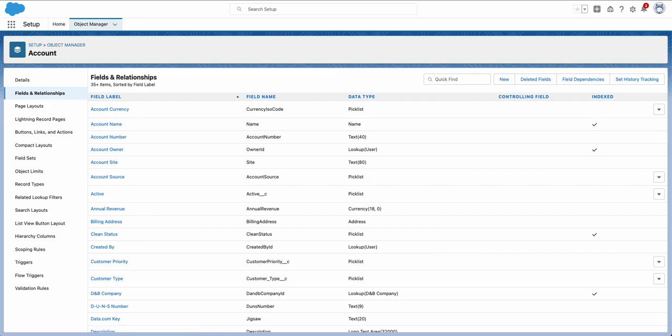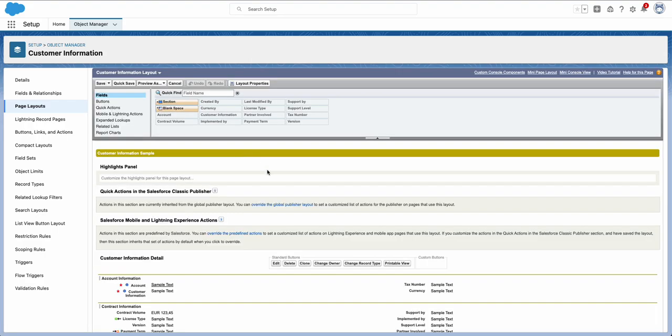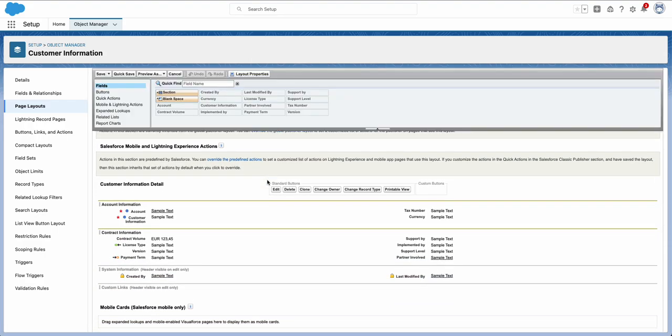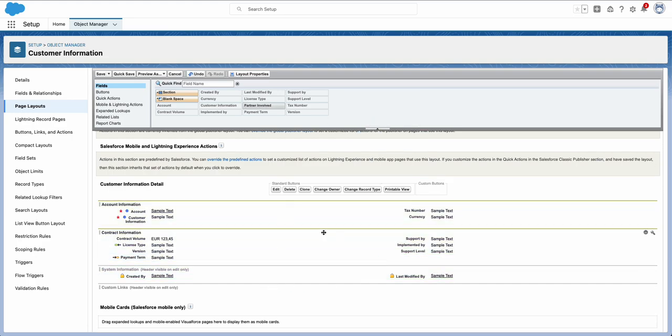Let's go back to the customer information. You see now we have one customer information layout. You can now create several page layouts. You see here you're not able to clone it, but you can go in. Let's say later on we will also implement a customer portal and a partner portal. Once the partner wants to create such a customer information, he doesn't need his own partner involved, so he doesn't need this lookup. So let's remove it, and we can now click here on Save